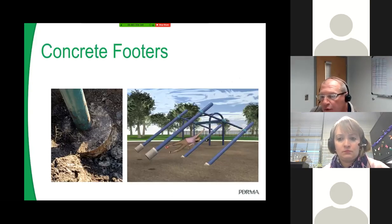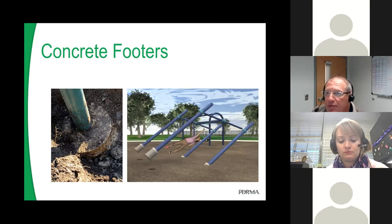An often overlooked but critical inspection point is concrete footers. And I think part of this is because playground equipment collapse is definitely a high severity incident, but it's also a low frequency of occurrence. So sometimes playground operators have focused on other areas. Now, it's really important to look at what your manufacturer is recommending as far as playground inspections for footers go,